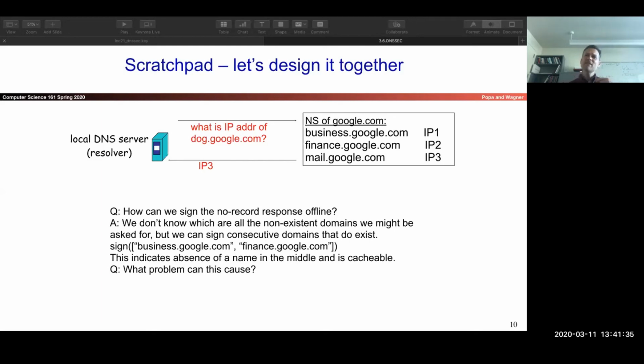Now this does have a downside from a security and privacy perspective. Can anyone spot what the downside of doing this is? It's not a big deal, but think privacy. Is there any reason why you might not be super, super happy about this? Yeah,